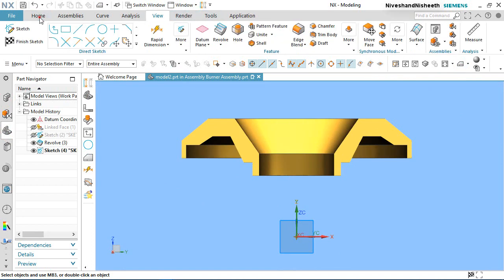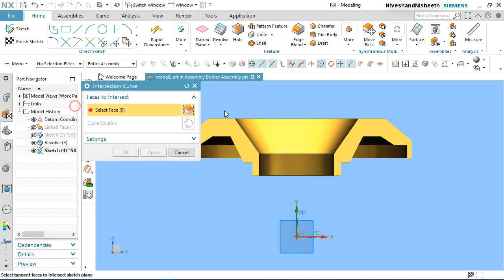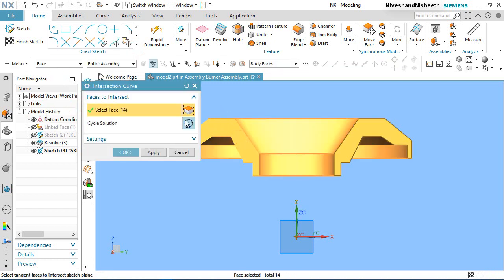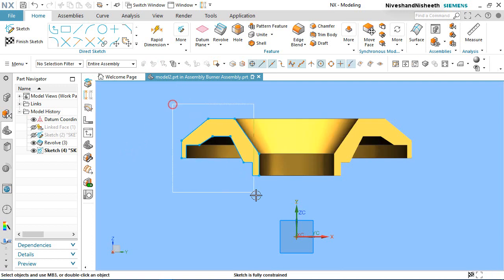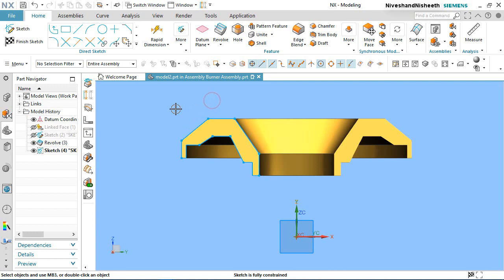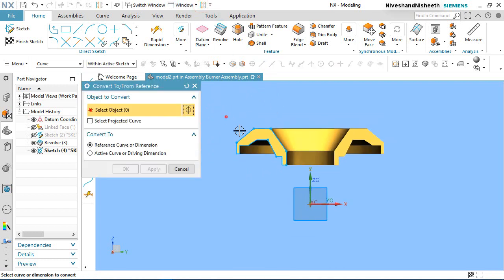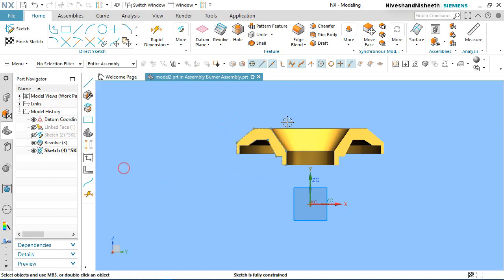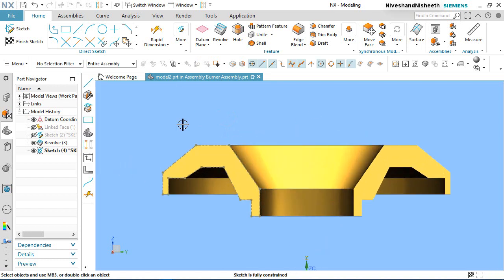Go to the Home tab and activate the intersection curve tool. Select this entire model, click OK. Activate the convert to reference command, select this profile and convert it to construction geometry.